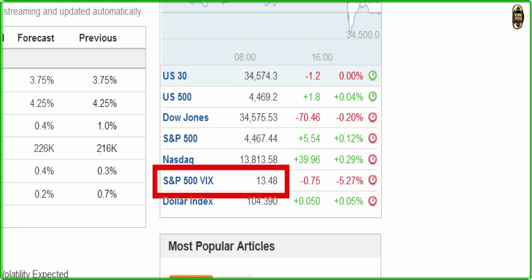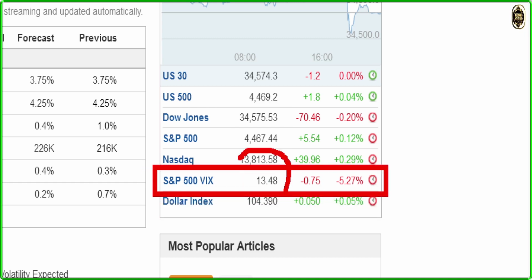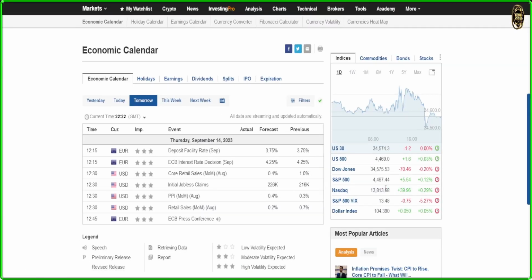And down here is our friend, the VIX. As you see it, it is 13.48. Even that one you need to be focused about what the market is going to tell you. So currency is still very low, but nothing new. So I think the picture is clear, guys. Now let's go see what the S&P 500 is doing today in 30 minutes.